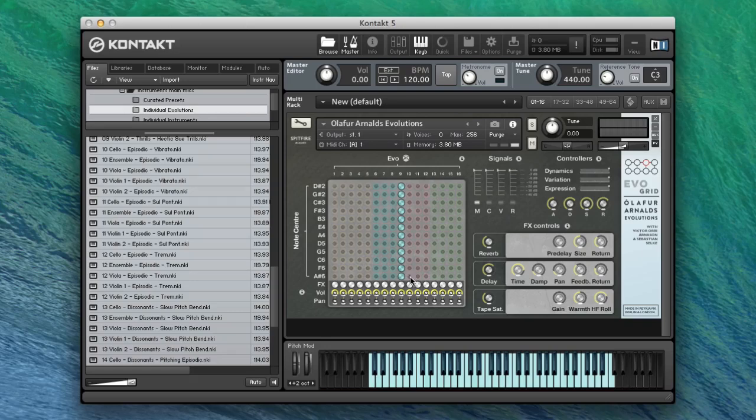So this is our episodic section. So here we go. We're looking at the vibrato episodic. So we're on evolution number 10. Just fabulous, really, really lovely, and these textures are textures that Olafur has